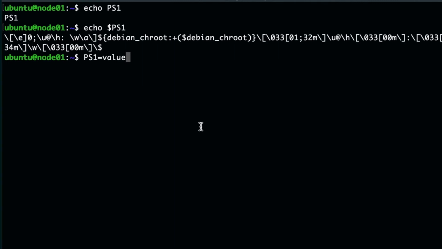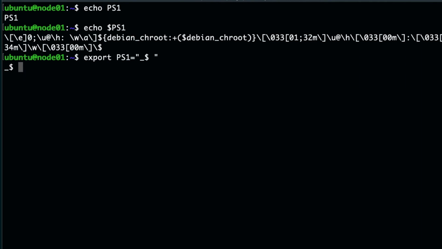Subsequent commands will be in a different session. So if you want to make any variable available to these subsequent sessions, you need to set that variable globally, which you need to use export. So that's how you should do it. So I can set any string here. I just want to go with this. Okay. So you see I changed my prompt.